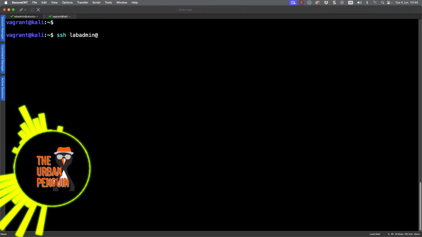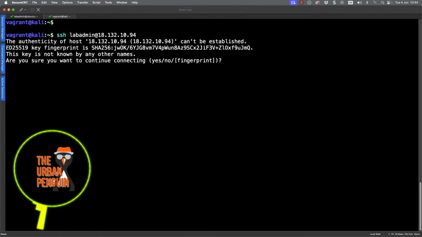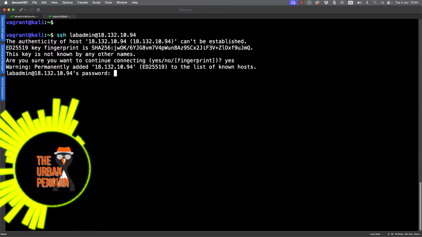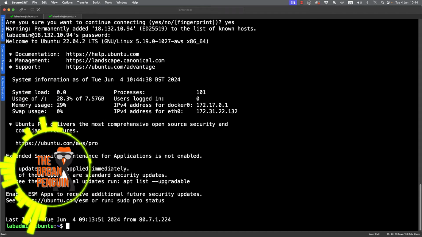So I'm going to connect as a lab admin user, and if I can type the IP address that's scribbled on my bit of paper, I should be able to get into this system. I'm using password-based authentication, so I'm going to need to type in a password, and I'll be careful to type it correctly. But of course, the first time I connect to the system, I have to accept the fingerprint, the shortened version of the public key, to trust. Now carefully type my password, and now I'm into the system.